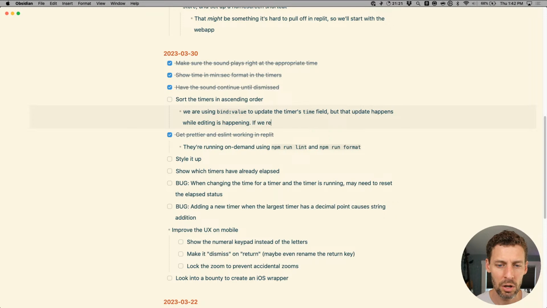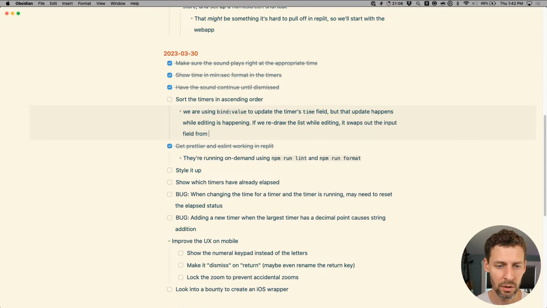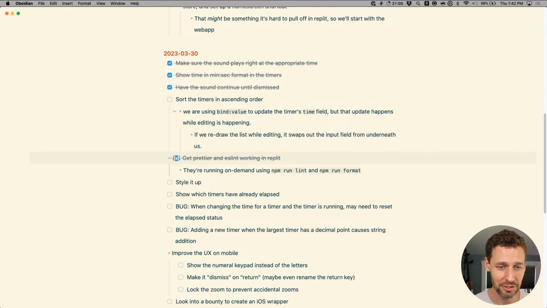If we redraw the list while editing, it swaps out the input field from underneath us. Very disconcerting and very strange to see.